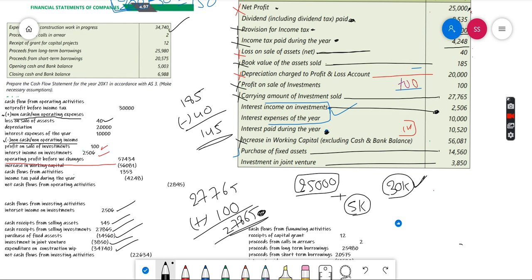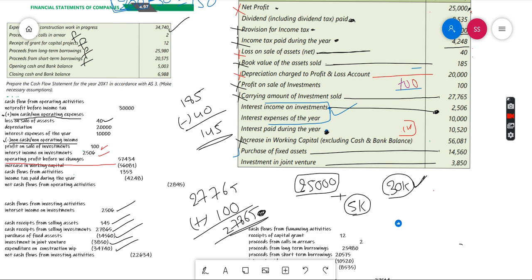And then proceeds from calls in arrears is a financing activity, receipts of grant of project is a financing activity, proceeds from long term borrowing is a financing activity. Okay, so then if you do all those things, you will get the net cash flows from investing activities minus